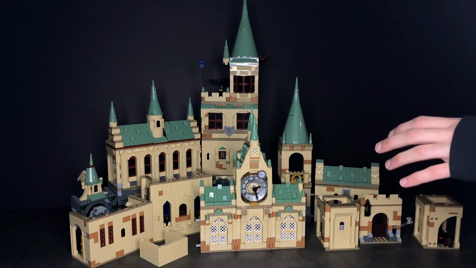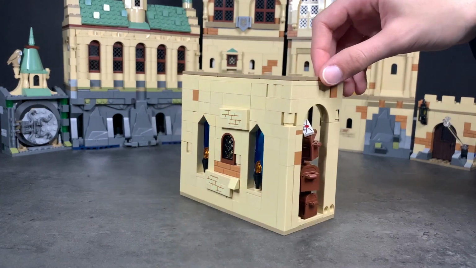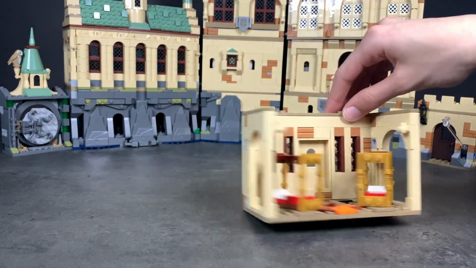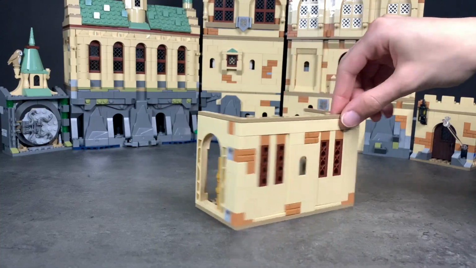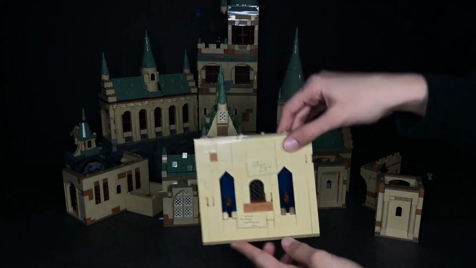Alrighty, so for combination number 1. This combination includes a MOC that I've created, which is the Room of Requirement, and also it includes the Gryffindor Common Room, which is a promotion, which is kind of hard to come by if you've missed out on getting the original set. So the very first step would be to put the Room of Requirement at the very bottom,